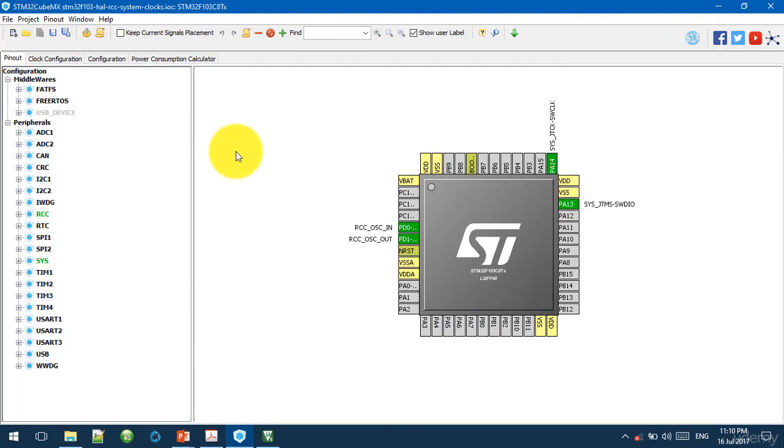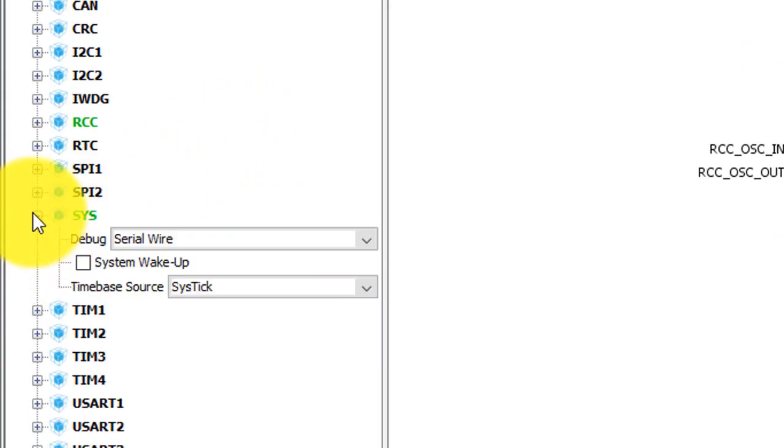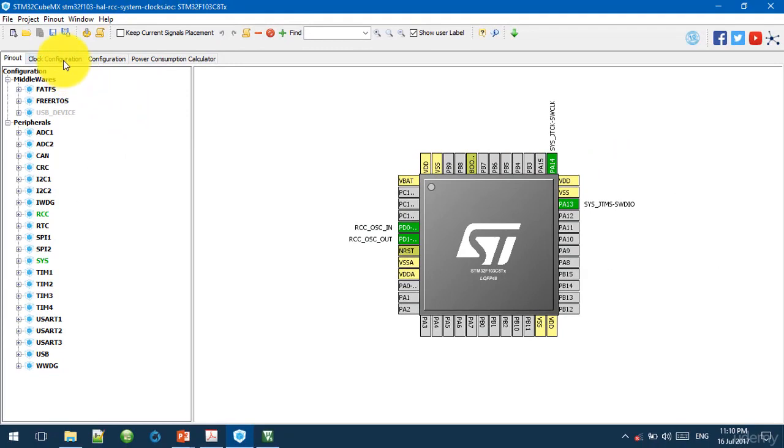Okay, in this demo, I will show you how to configure the system clock using high-speed external oscillator and set the frequency to the maximum value. First, you have to enable the system debug peripheral, and then if you go to clock configuration tab,